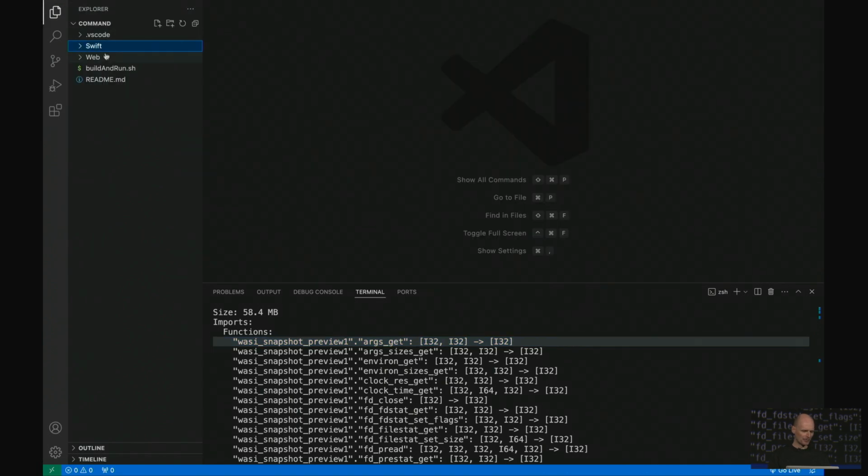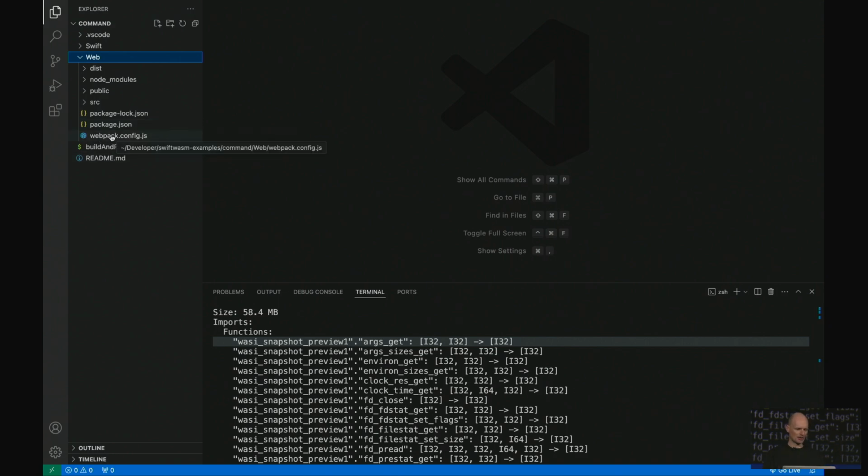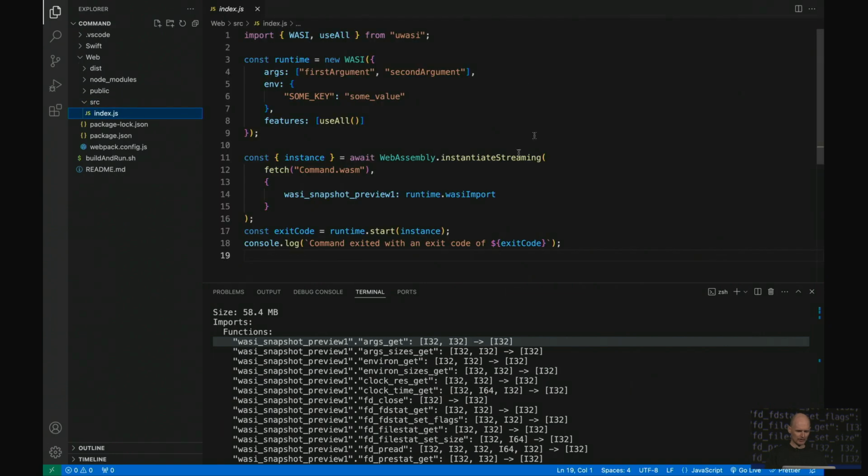So this was our Swift package. As you can see, my examples all have the same structure. There's a Swift app, there's a web app, and there's a build script. So if you get them from GitHub, you can just run the build script, and it should hopefully just work. The web app, if you've done any web development, this should be really familiar to you. It's just an NPM package, and it uses Webpack to build everything and just generate one output file. So here in index.js,